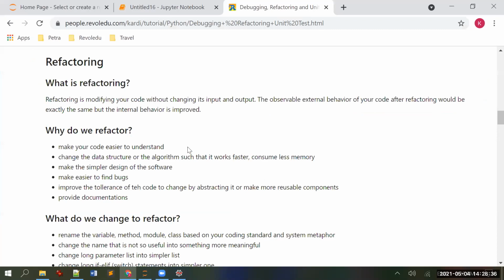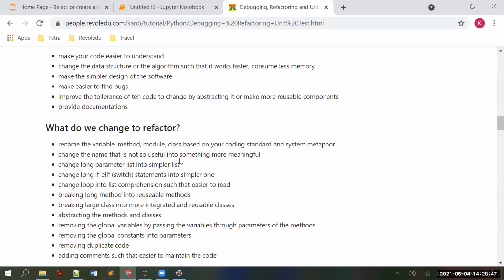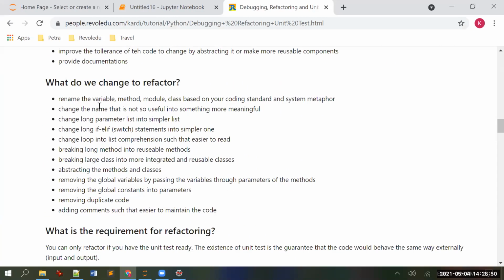So the observable external behavior of your code after refactoring will be exactly the same, but the internal behavior improves. So what will you change to refactor? You rename the variable, the method, the module, the class, based on certain coding standards. Instead of ABC, you name it with the correct name, something meaningful. If you have a long parameter list, you make it simple. If you have long